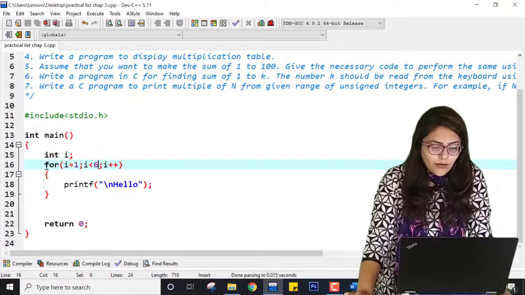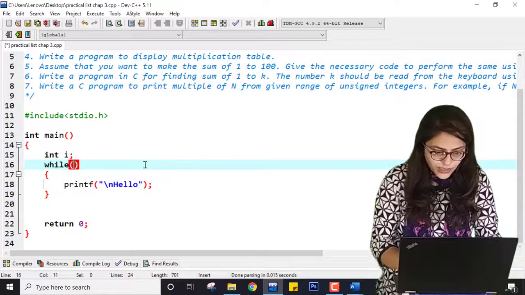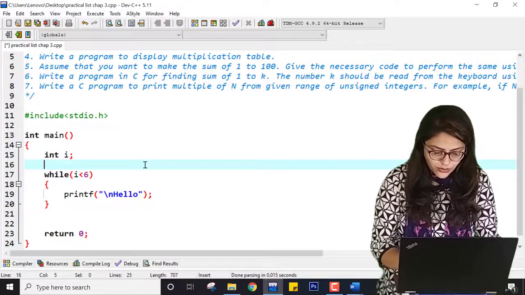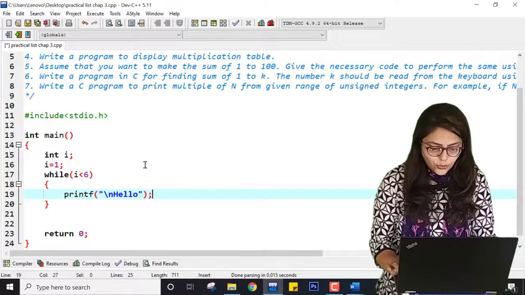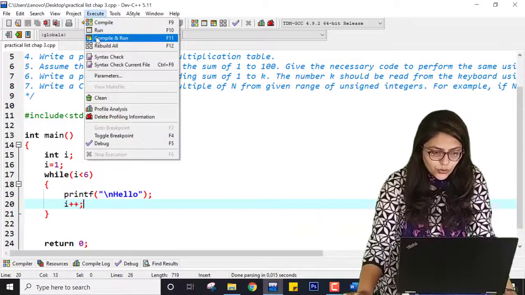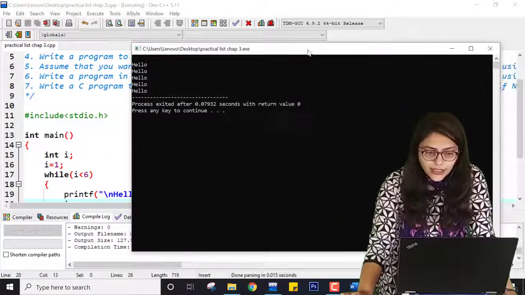What if I want to do this with a while loop? While i is less than 6, where the initial value of i is equal to 1, then print hello and then do i plus plus. So you can compile it and run it. You can see that I am getting the correct output.